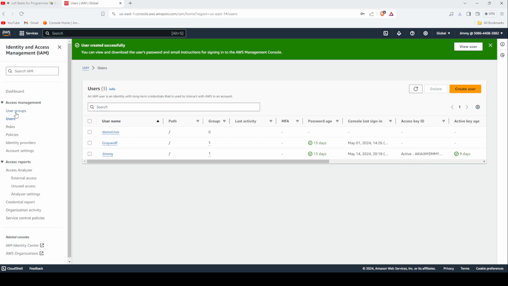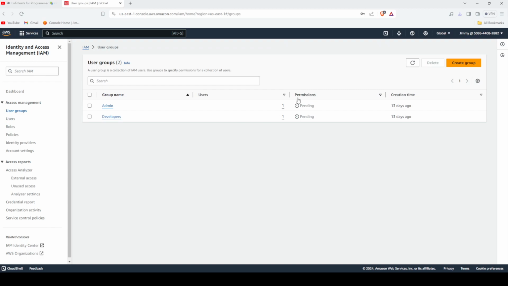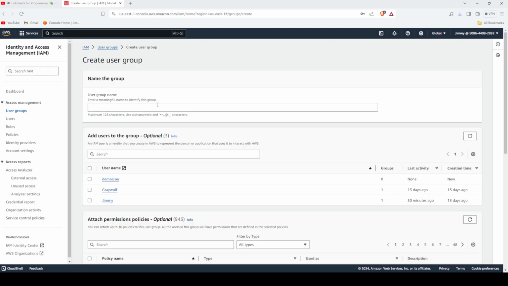One will be the administrator group and the second will be the developer group. This shows how we can provide least privileged access. If there is a developer group with six or seven developers, rather than creating each IAM profile individually and providing access to each developer, we'll create one group named developer and provide cumulative access to them. So let's first provide the